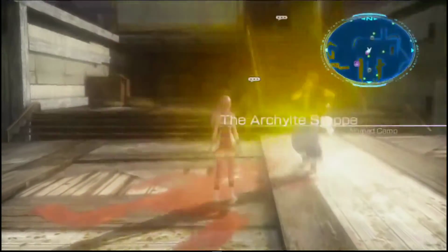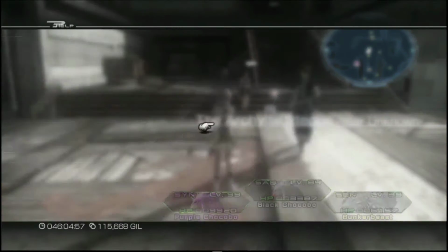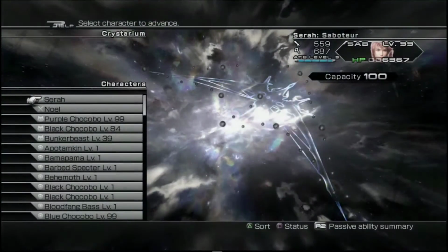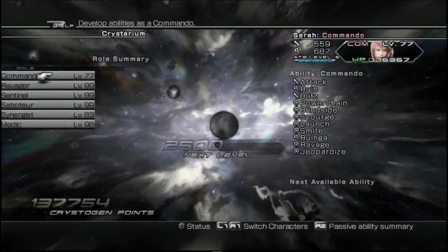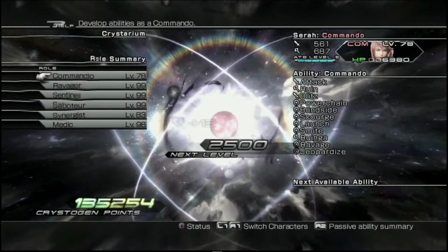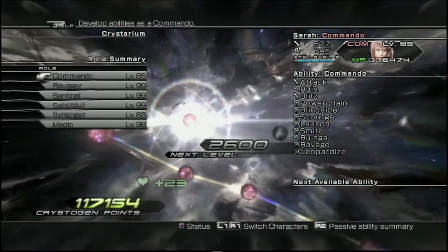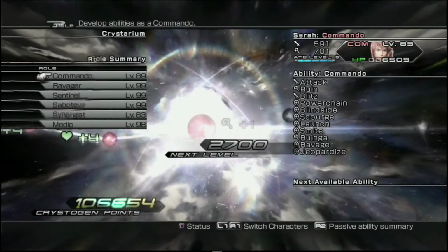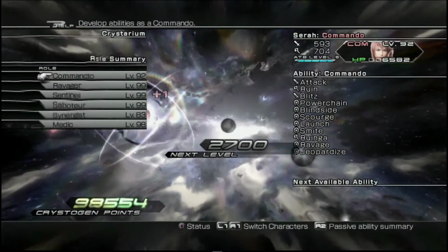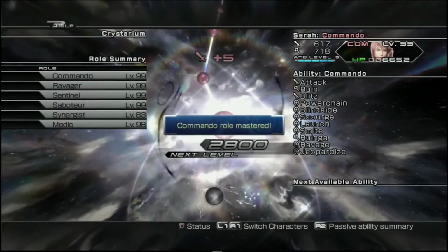Before we do that though, I have collected a nice amount of CP from doing these optional bosses and farming as well, so I'm going to spend all my Christogen points. I'm in the last expansion, which is basically just top everything else up to level 99. And once we've done this expansion, there is no more Christogen points to spend. Well, there are Christogen points, we still collect them, but there's nothing to spend them on, so...